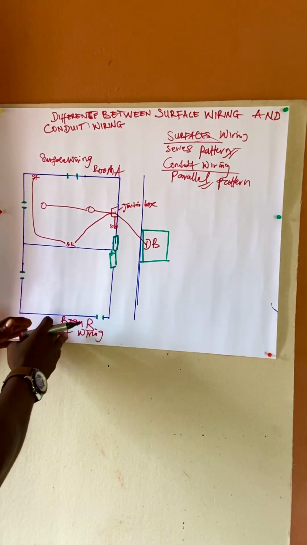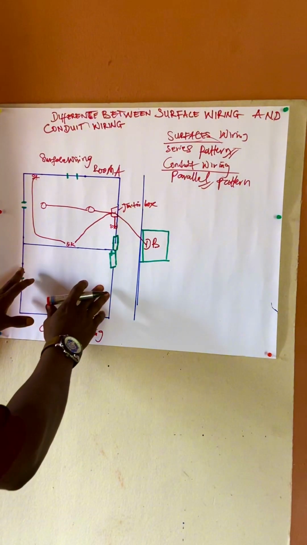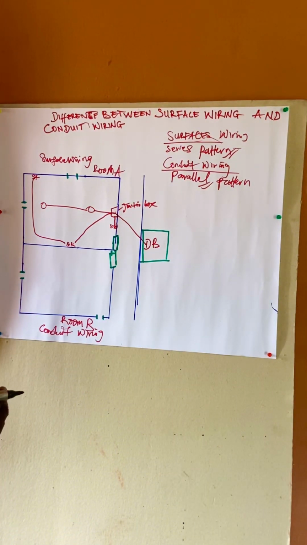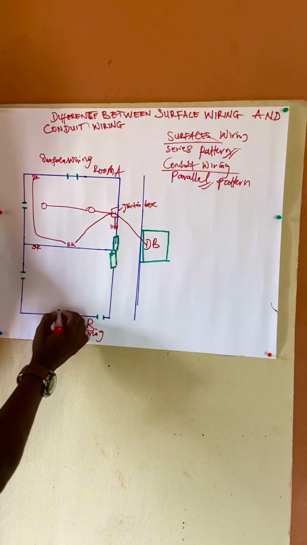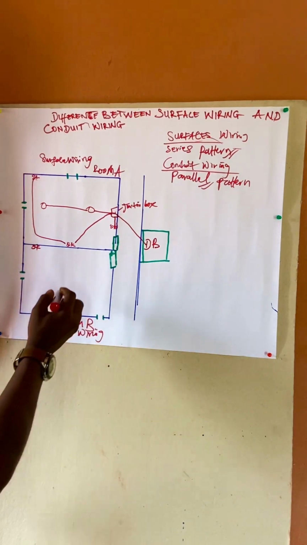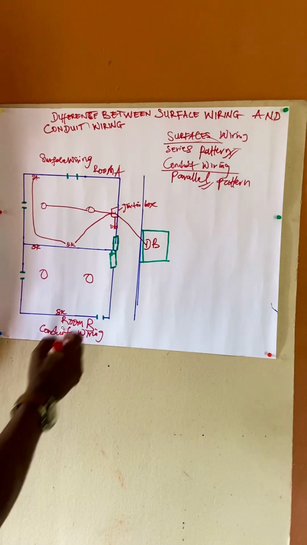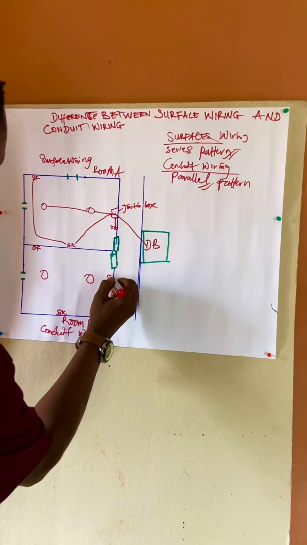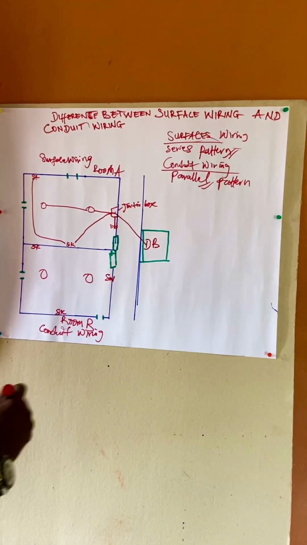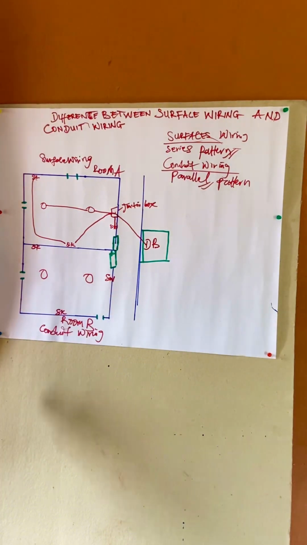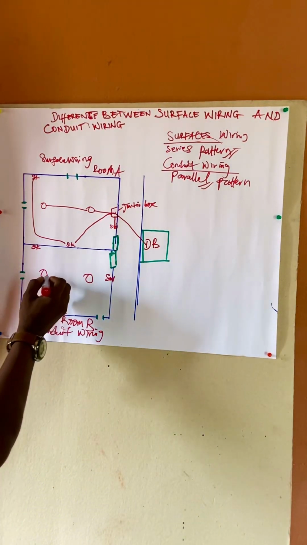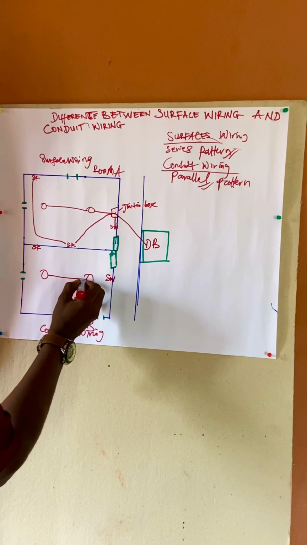Let's move over to room B, where we are going to use conduit wiring. Our socket should be here, another socket here, and two lighting points. So these are the two lighting points, and here is the entrance. So we are going to have our switch. There's a switch here. In this conduit wiring, remember we are using the parallel